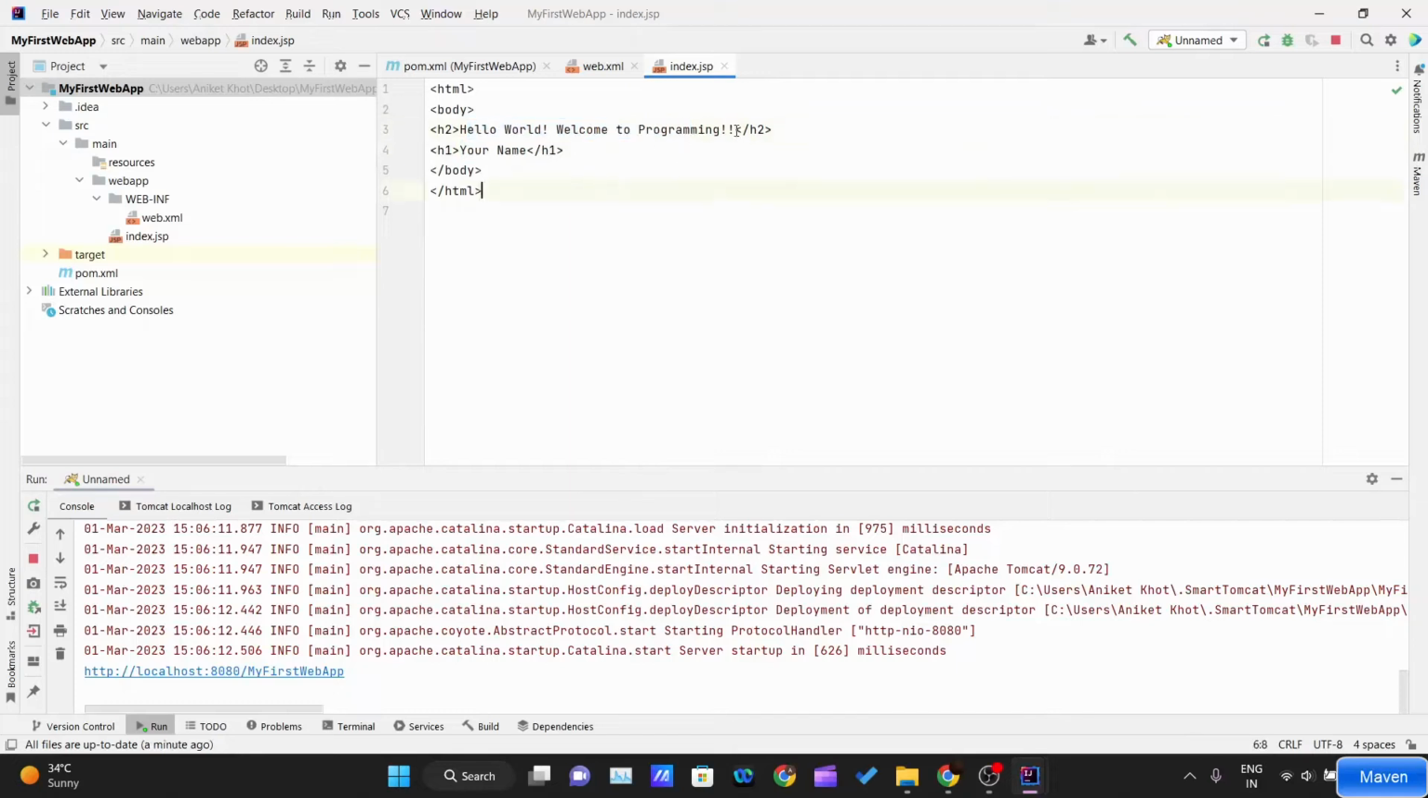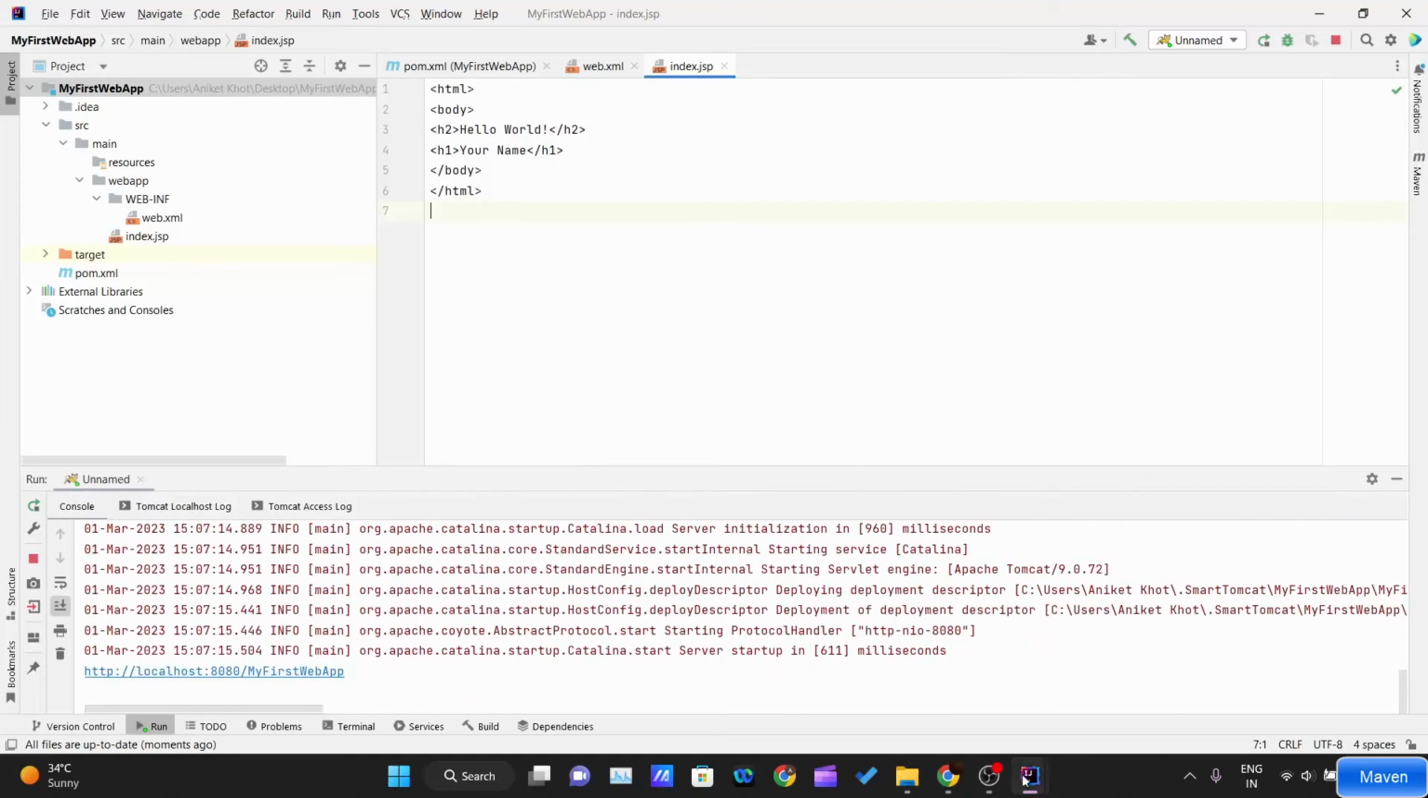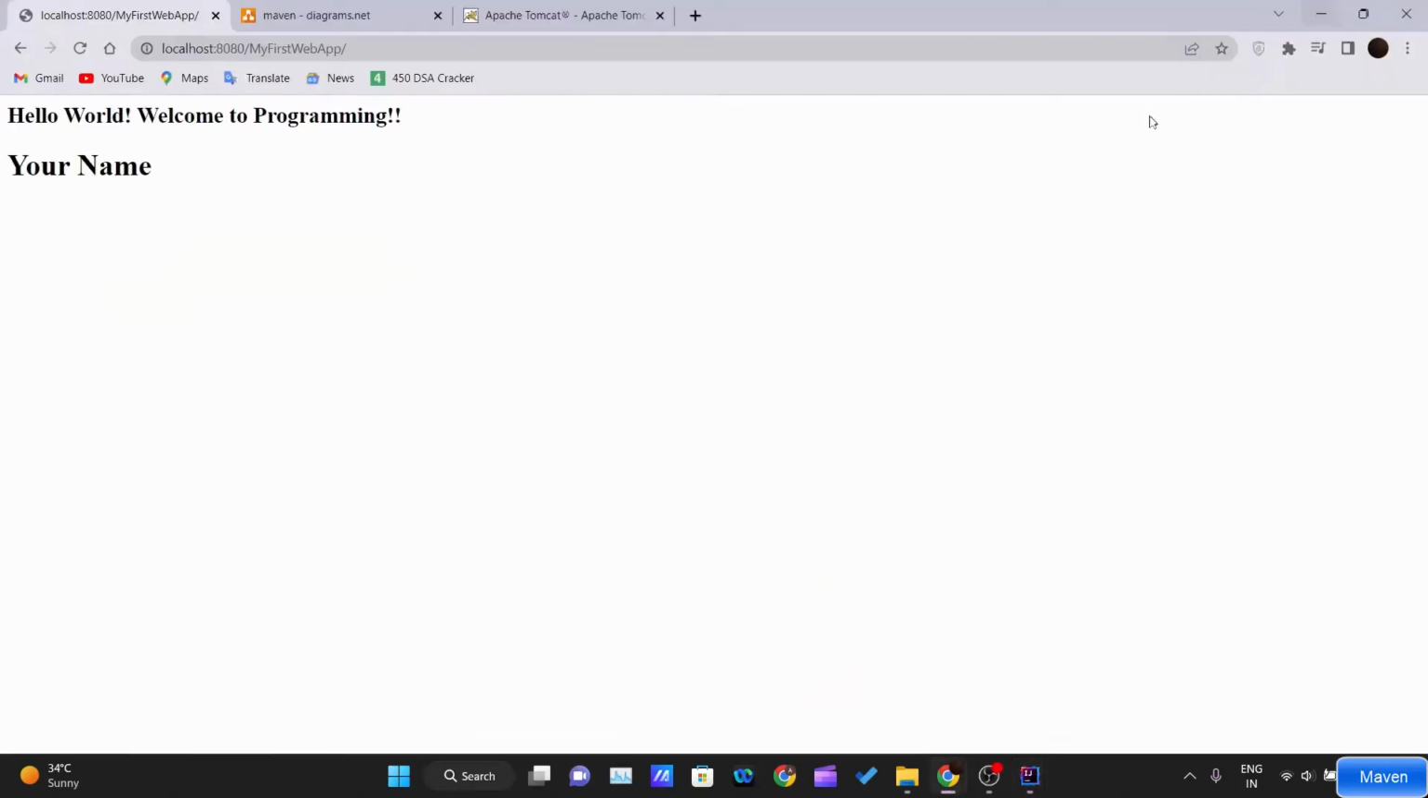If you modify this now, instead of saying hello world, welcome to programming, if you want to say only hello world, just go ahead and delete that, and click on this button, run unnamed, and stop and rerun. It will stop that server and again rerun that server, and now we just close this and refresh it. Now you can see this welcome programming got deleted. This is how you modify your website and deploy your website on the Apache Tomcat server using IntelliJ IDEA,